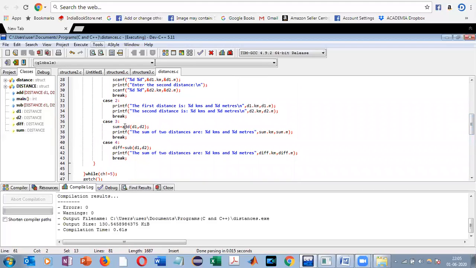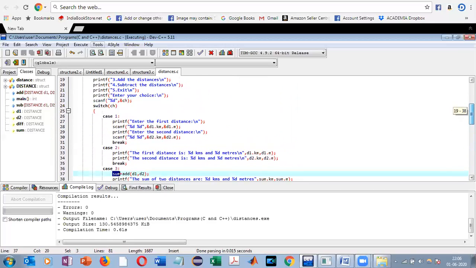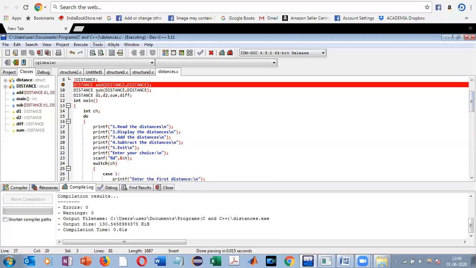Using this, we are going to return a structure type variable, which is going to have a kilometer part and a meter part after correspondingly adding the two distances. So whatever variable we are getting, that also has to be of that structure type. Now let's see, have we defined sum as the structure type? Yes, we have.